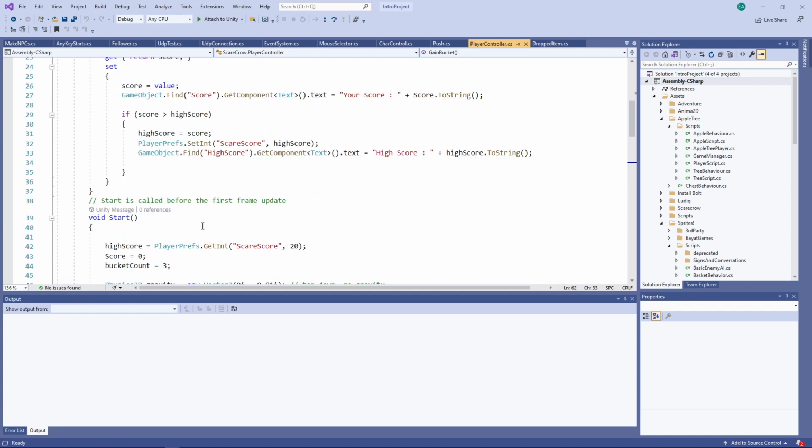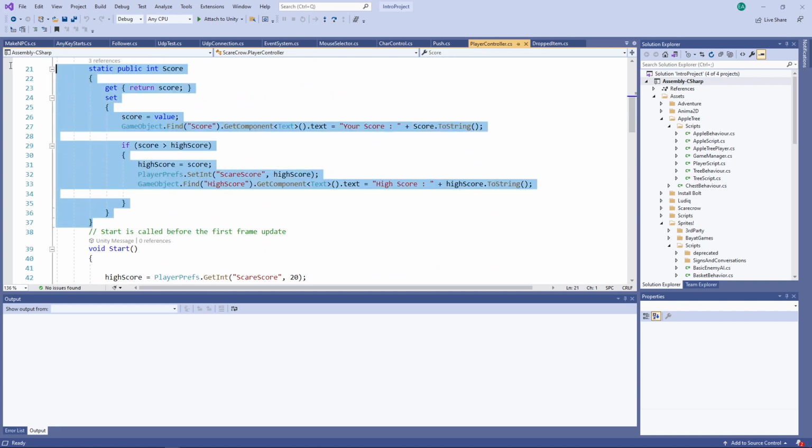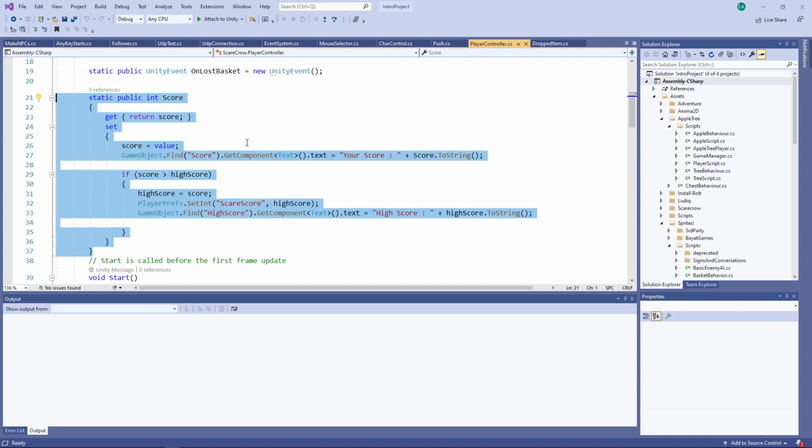This one has a slightly different approach to the high score. The scoring is kept track of here in the player, and it uses the get and set methods of the score. So if anyone refers to player.score, which can be accessed publicly here,